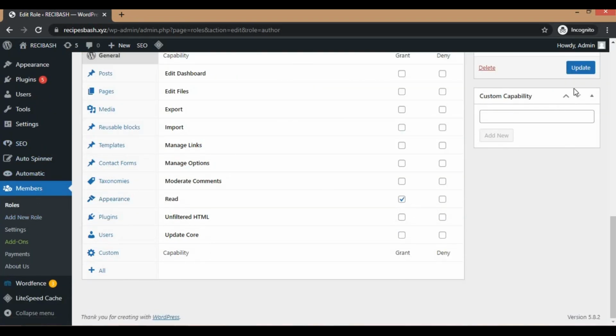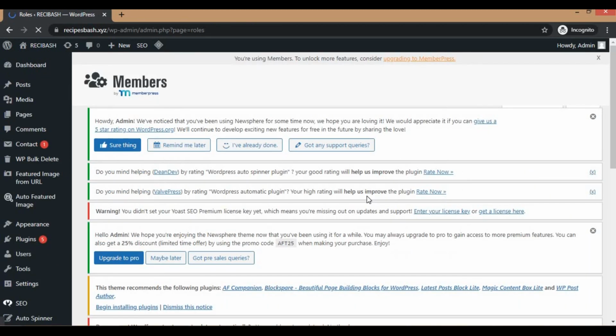So after doing all that, you click on update and this will automatically update your settings. Now to add a new user or to edit the roles of other users,